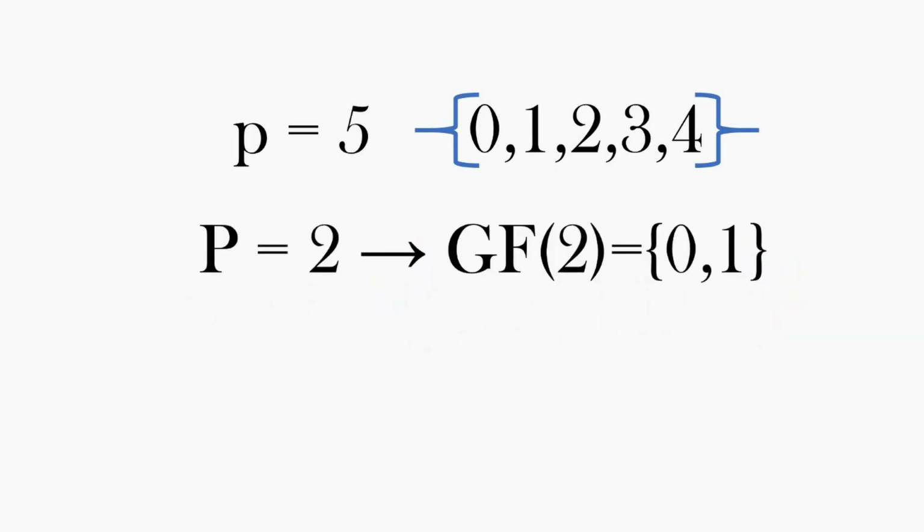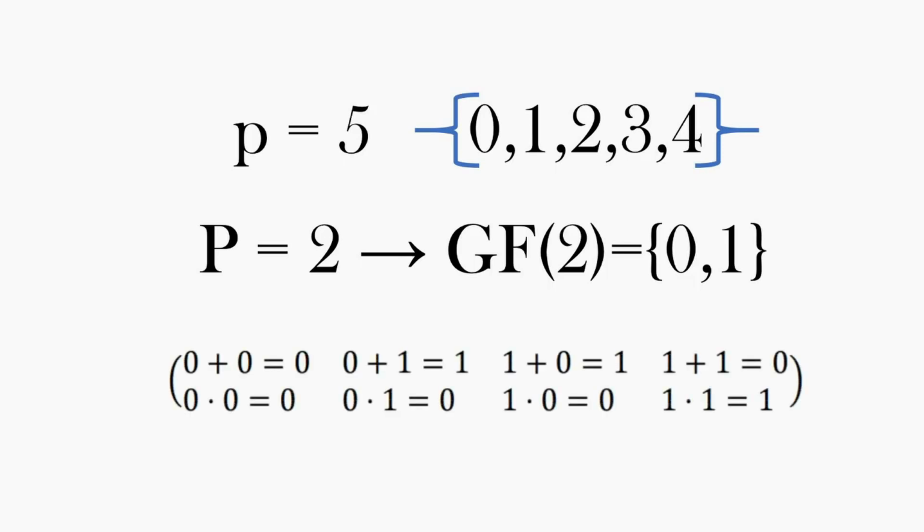If we need to add or multiply field elements, it will look like this. As an example, I took GF(2), which consists of 0 and 1. In this way, you can better understand this thing. So, let's first add our numbers. 0 plus 0 is equal to 0. 0 plus 1 is equal to 1. 1 plus 0 is also equal to 1. But when you add 1 and 1, then you get 0.